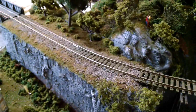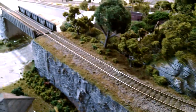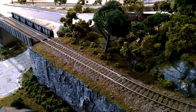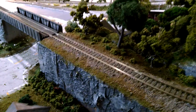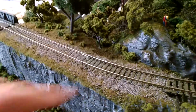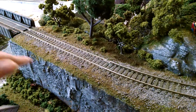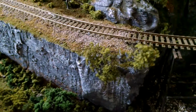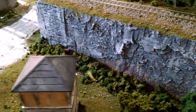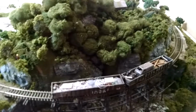Also started doing some of the scenery up here. Wanted to make it look old and kind of forgotten about. Still have to add some like grass in between the rails, and also some bushes alongside to get rid of that edge, kind of like how it is here. Also, I still need to redo the plaster on this to make it look more like rock. And then also I just got these